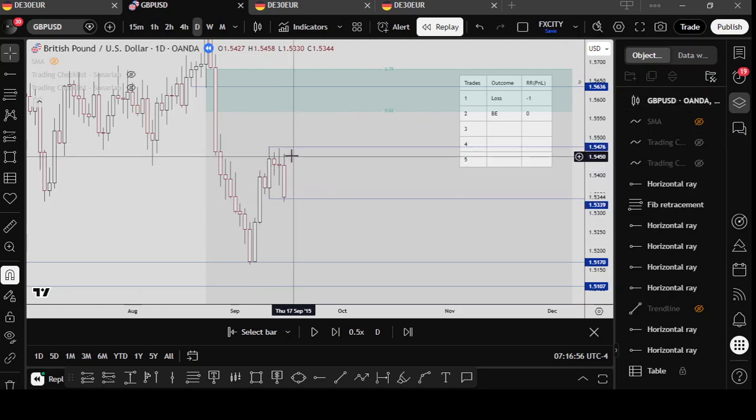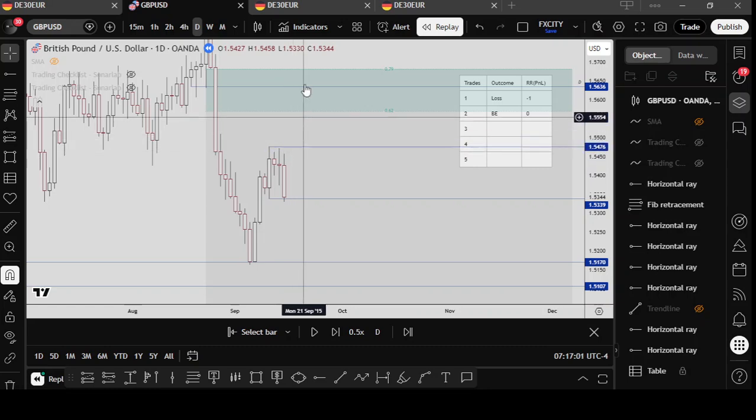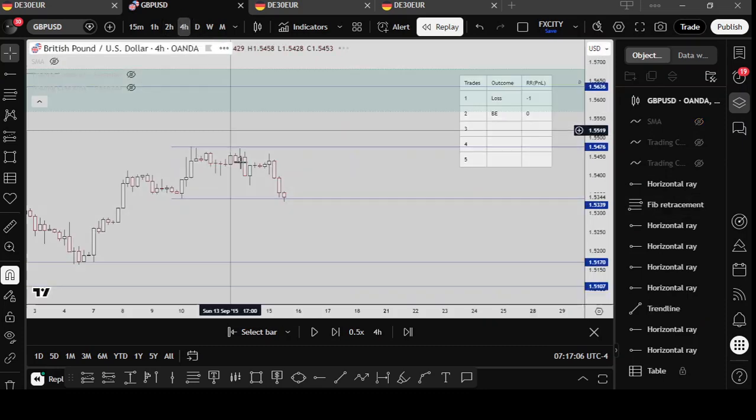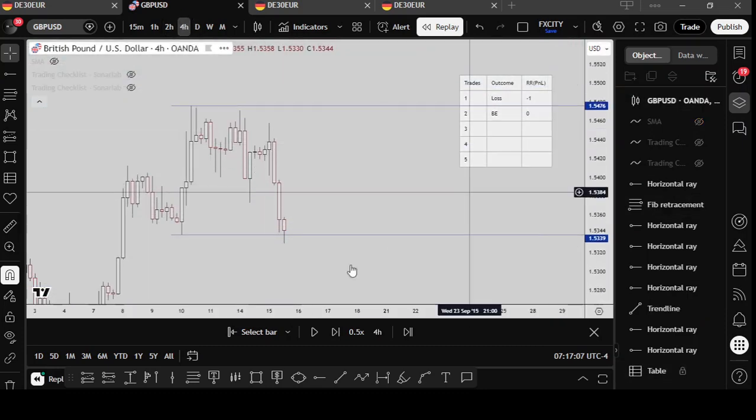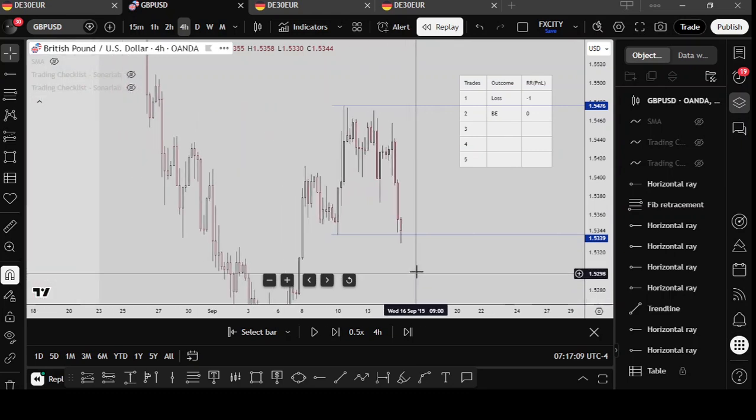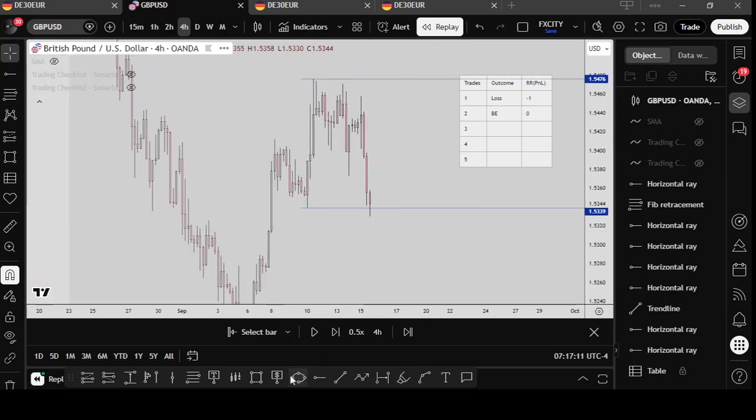So I will just be looking for that break and then a retest for continuation buys to my fib level. Let's see if price ends up giving us an option to take any trades here, and that could potentially come from this area